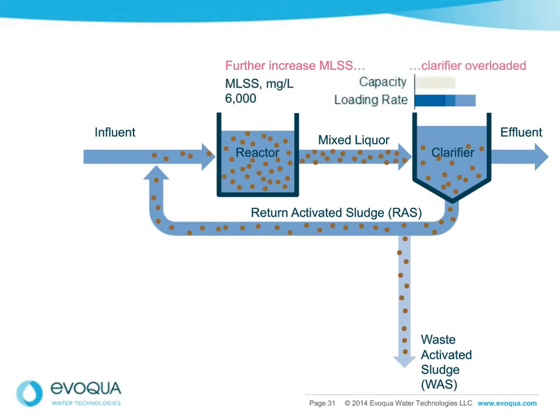And when this happens, I now have a bottleneck being my clarifier. Now, I'm either going to have to overcome that, add more clarification surface area, or more clarifiers, or more bioreactor volume. But with BIOMAG, by adding a simple process of being able to add magnetite into the process,